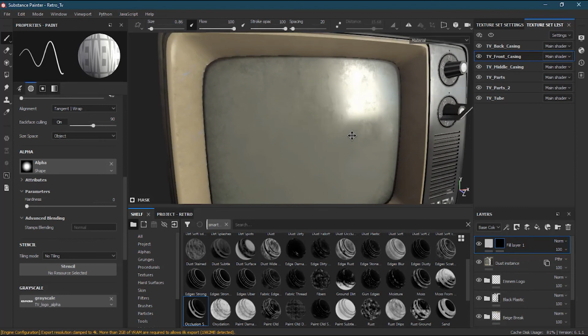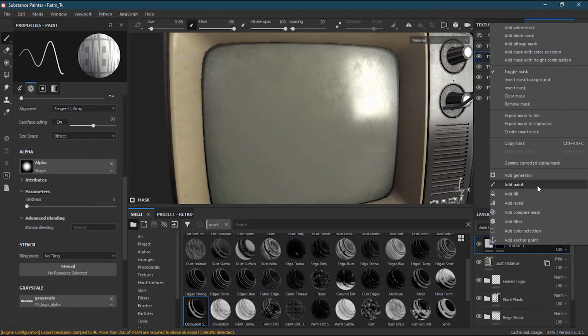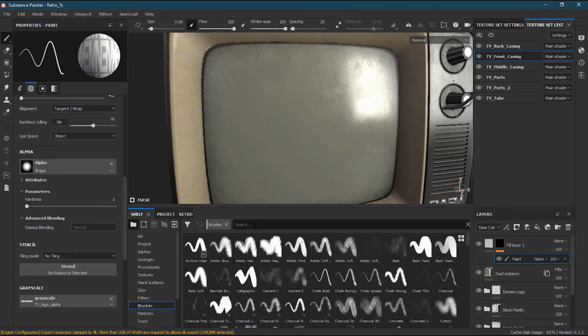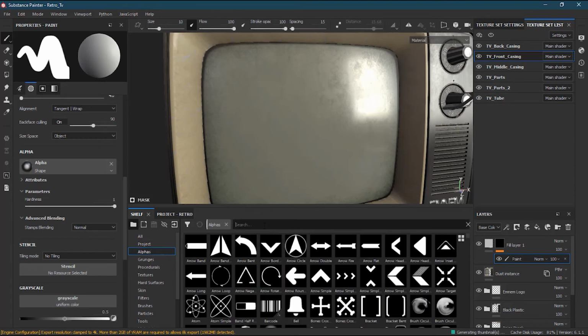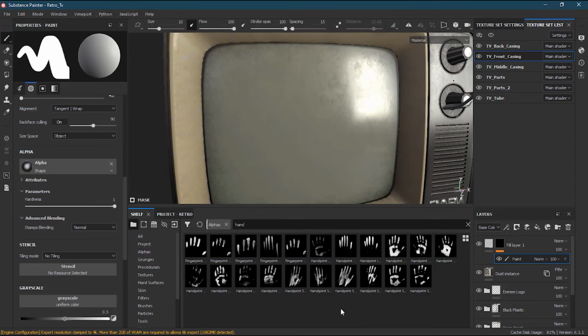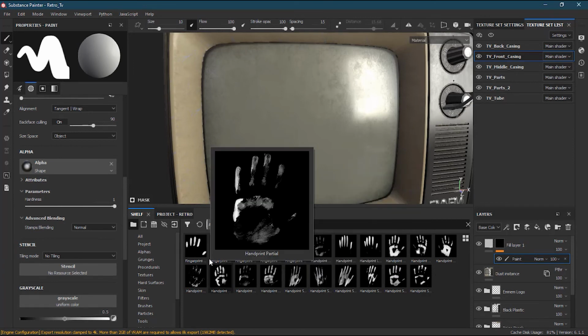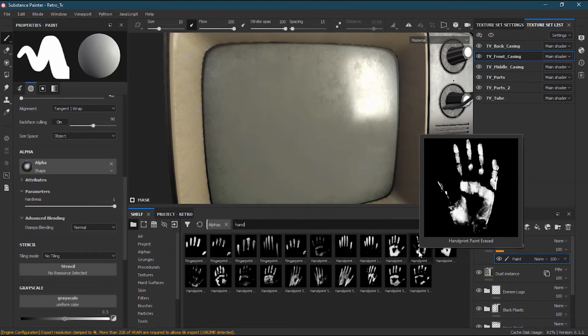What I can do here is go to this mask and add a paint. Inside the paint I can choose my brush, and I can use my basic hard brush. Inside the basic hard, I don't want this grayscale. I will go to the alphas and type here hand. So I have a lot of handprints here, something like this, but I don't want this. I want something like